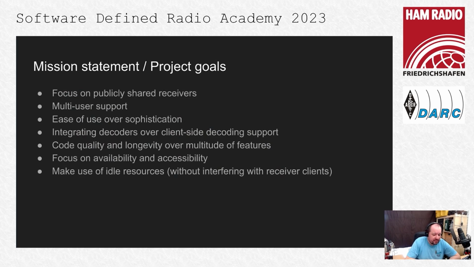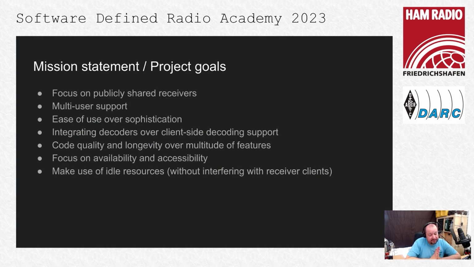The second point is the focus on multi-user support. This is mostly for decision making. Whenever a feature request comes up, I have to look at things like this and decide whether or not to include it.